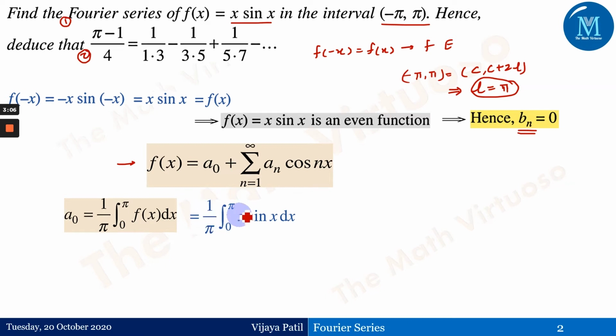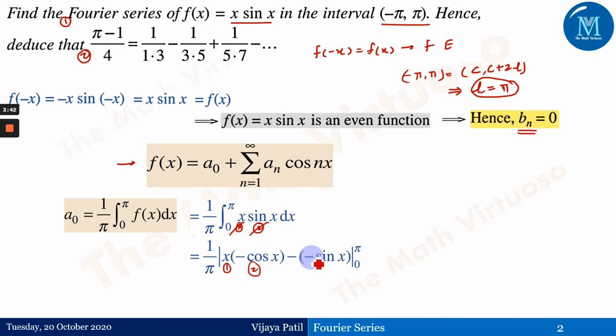So it is 1 by pi integral from 0 to pi of x sine of x dx. We have x and sine of x, so we can go ahead with the first and the second function, which has also been given to you in the previous sessions. So this is the first function, this is the second function, by the LIATE rule. First function as it is, times the integration of the second function, which gives minus cos of x, minus the integral of the differentiation of the first function times the integration of the second, which gives minus sine of x.